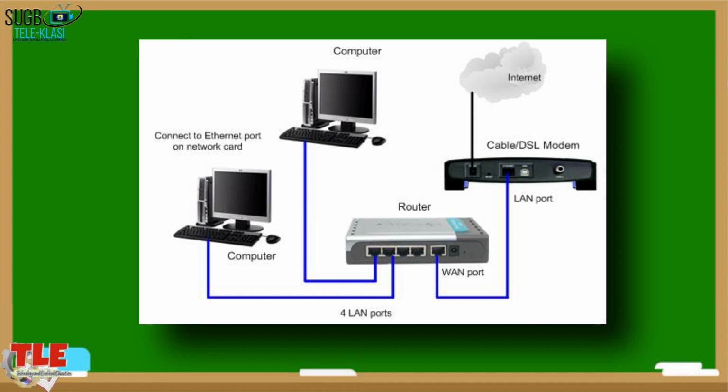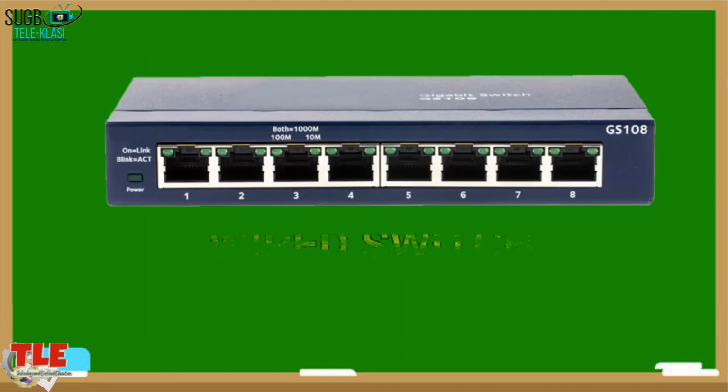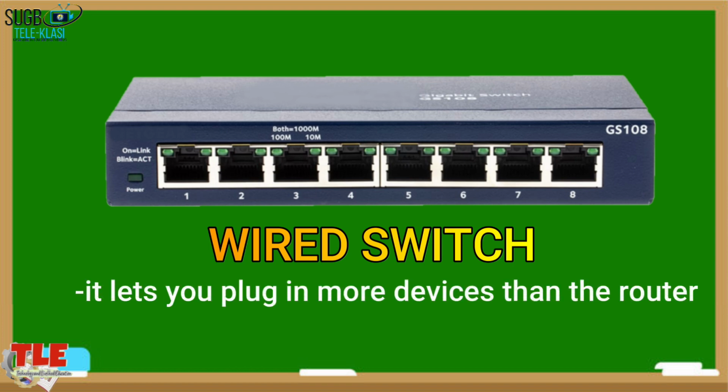Most routers have one WAN port, but you will need as many LAN ports as the wired devices you have. If you have more wired devices than can fit on a router, you can plug them all in using a wired switch. A switch is like a power strip for your router. It lets you plug in more devices than the router